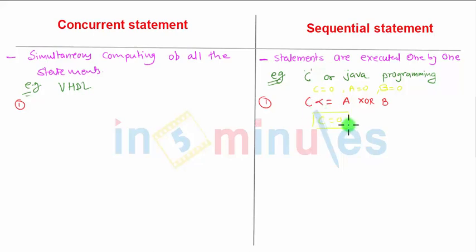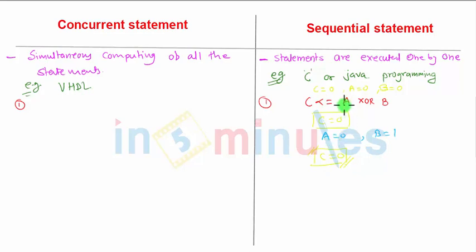Now after the third line, in the fourth line, let us say that I again define A equals 0 and B equals 1, and now I am calling for C. So what will be the value of C? The value of C will be 0 once again, because I am just checking the location of C. I am not re-executing this statement. If I re-execute it, then only the value of C will change. So it is going in a sequential manner.